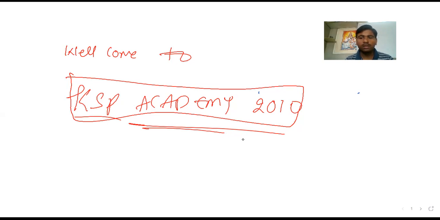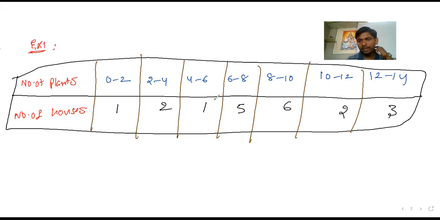Okay, now we can directly enter into the topic. Before going to mean, mode, median, there are two topics you have to know. One topic is called class height, which is denoted by H. So how do we calculate class height? Class height or class size, whatever you call it, both are correct.